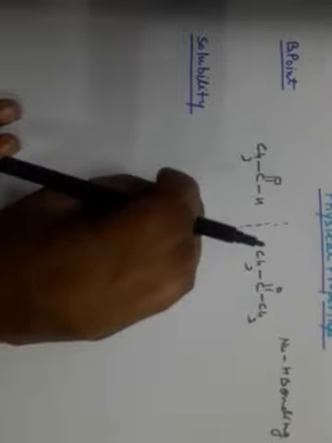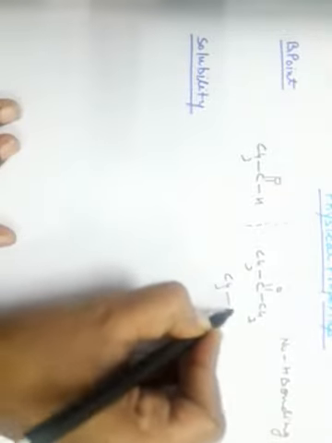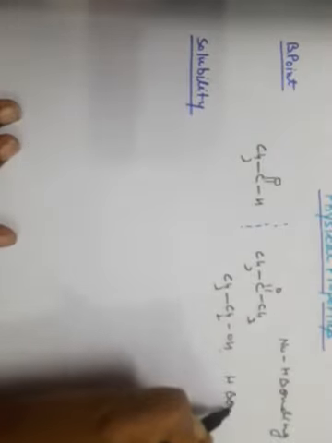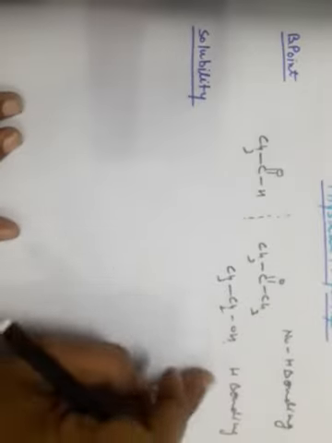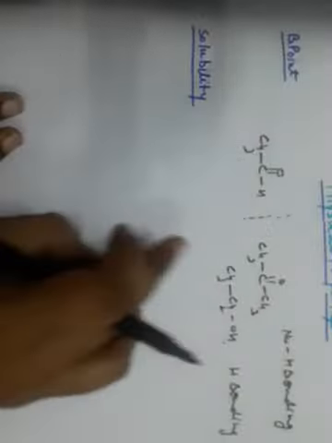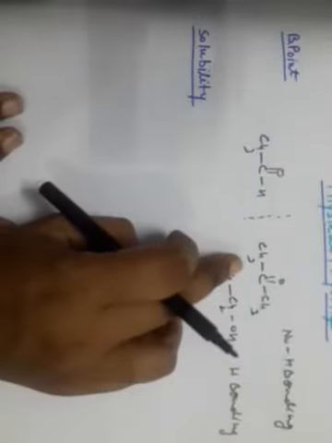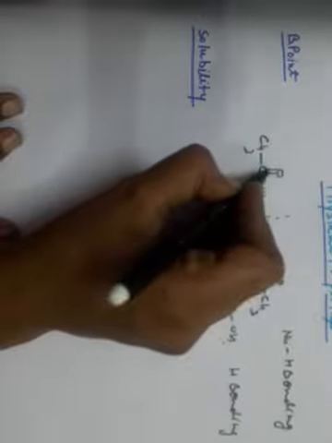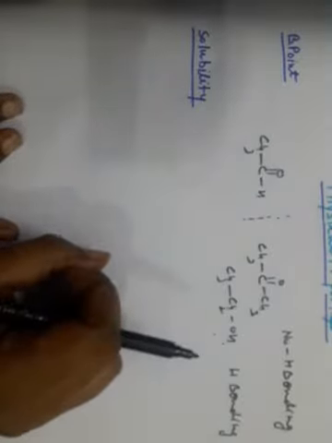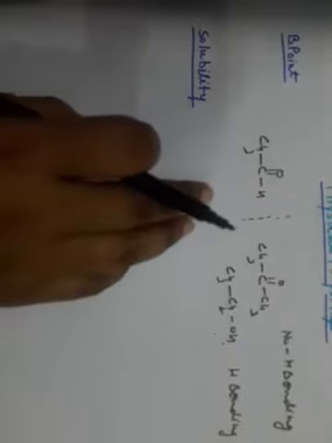Because in the case of alcohols, let's take the example of ethanol, there is H bonding between the molecules, so they have a high boiling point. In the case of aldehydes and ketones, or we can say the carbonyl groups, only a dipole is created at the C double bond O. So there is only dipole-dipole interaction. So the boiling point is lesser than alcohol, greater than hydrocarbons and ethers.